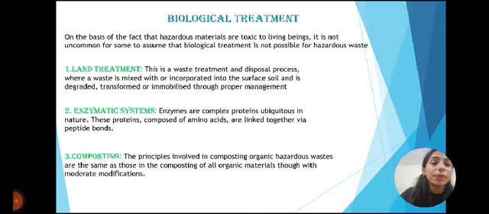On the basis of the fact that hazardous materials are toxic to living beings, it is not uncommon for some to assume that biological treatment is not possible for hazardous waste. Land treatment. This is a waste treatment and disposal process where